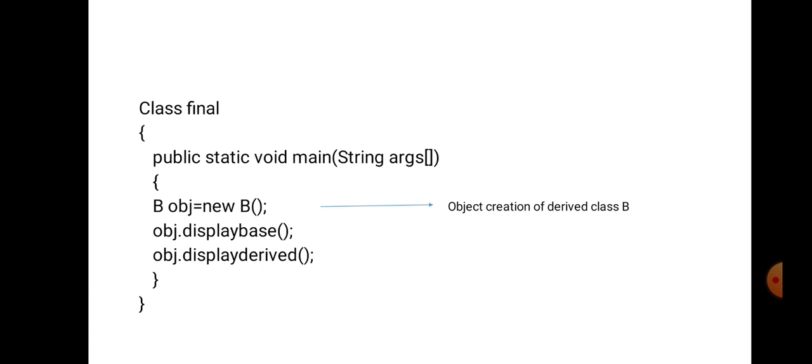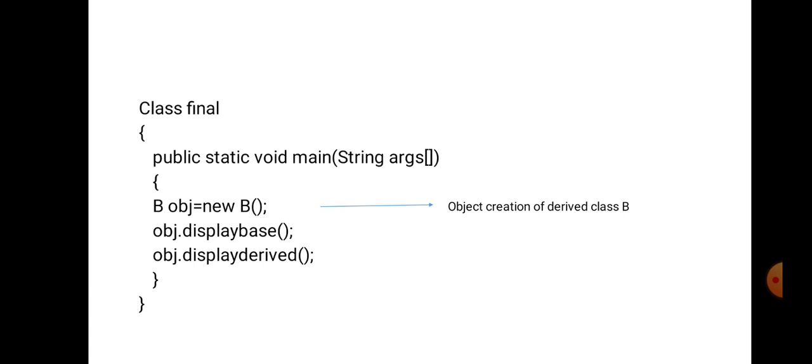I had purposefully created an object of B because class B is extending some of the features of class A. So class A is copied into class B. So we will create an object of the derived class. Remember, we will always create an object of the derived class if we are inheriting the concept of the existing class.